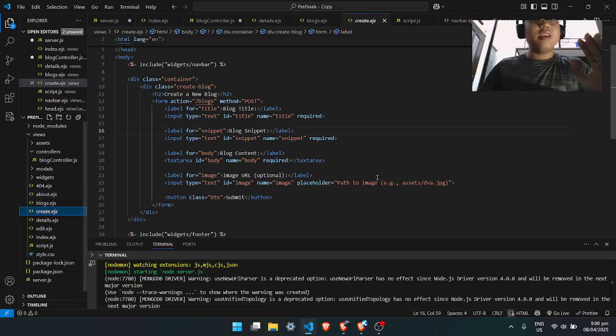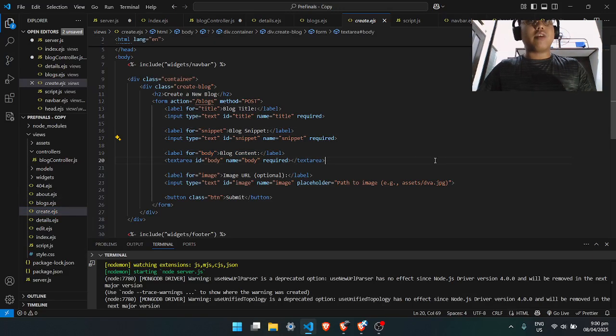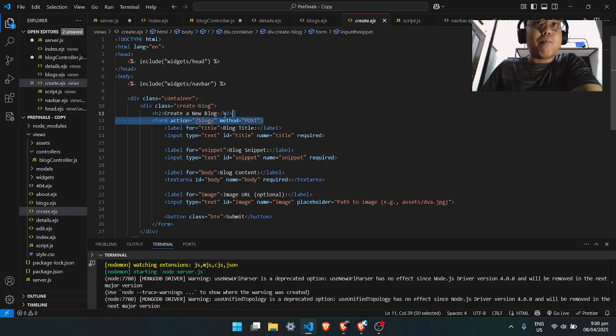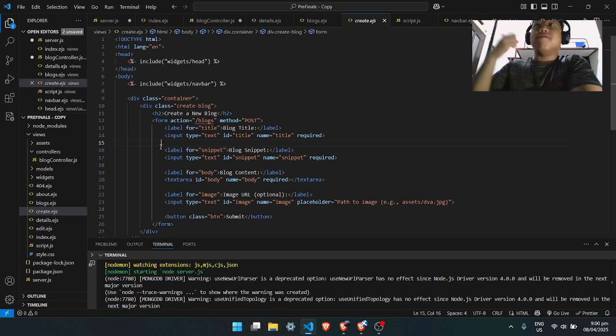Now for the create page, very simple. We basically have text inputs for a theme, a name, title, snippet, body, and an image link. I'm just using images locally. I'm not going to upload pictures directly. Next, I use the method post, as it is required to send data and request to post data from my website to my database, all those things.